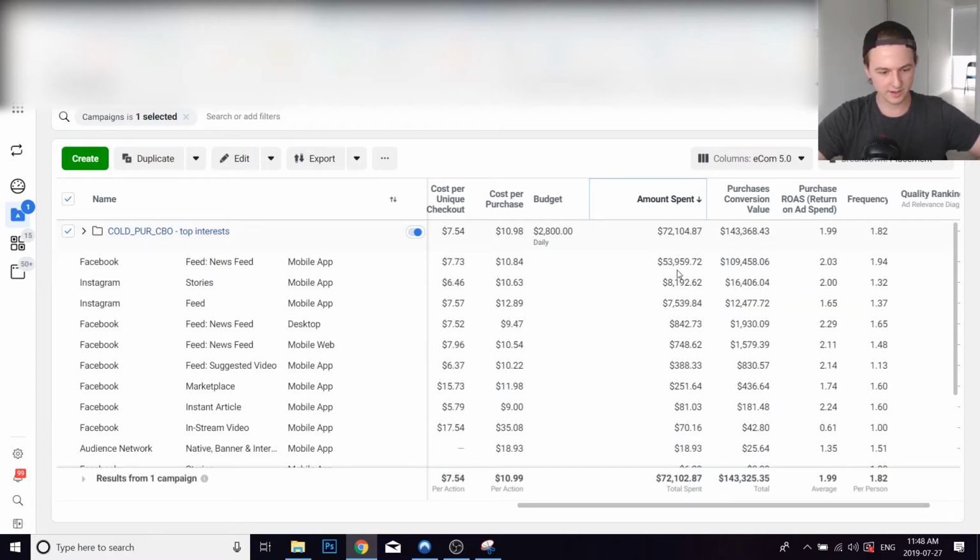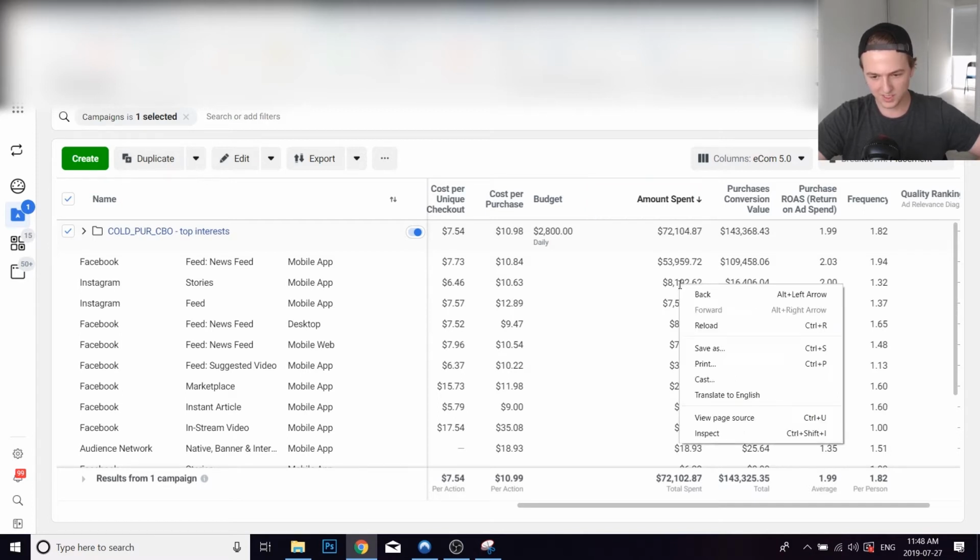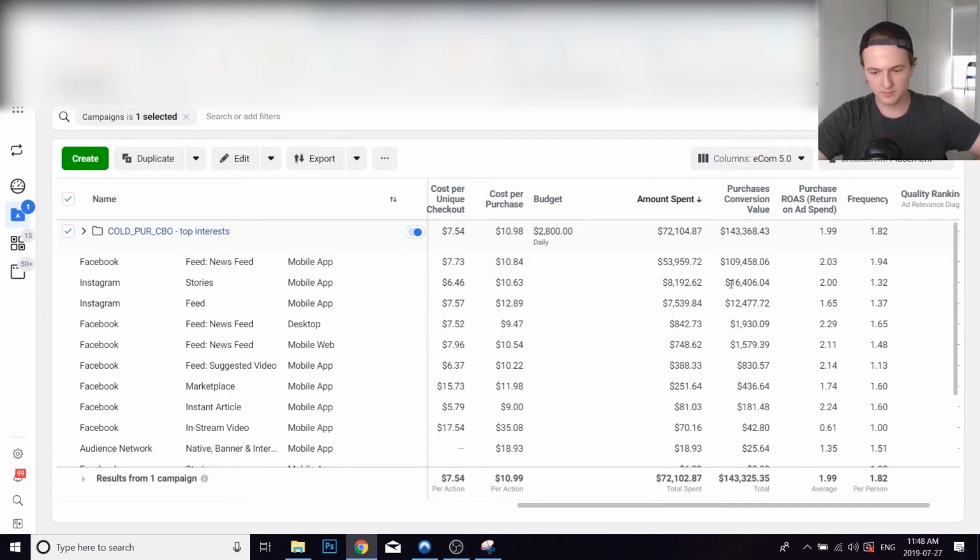We can see that Instagram stories actually spent quite a bit, right? They spent 8.2K for a 2.0 return on ad spend. So maybe that's something that I could focus more on, creating more story content, so that I can get more spend on this placement, since it seems to be doing well. Facebook newsfeed seems to be my best placement, right? So I should keep focusing on making sure that I'm responding to all comments on my Facebook ads,